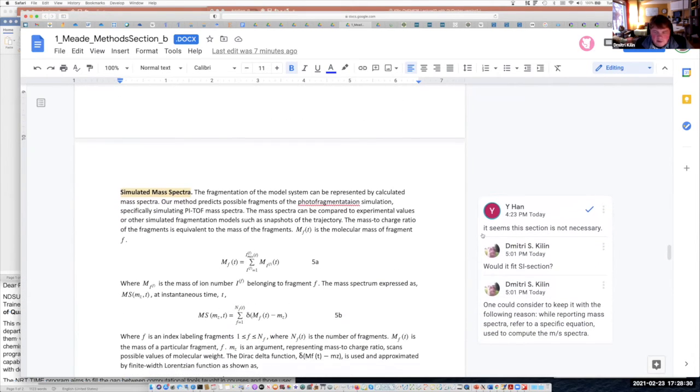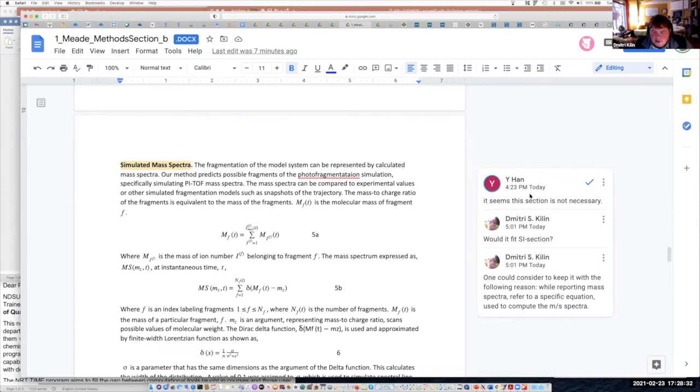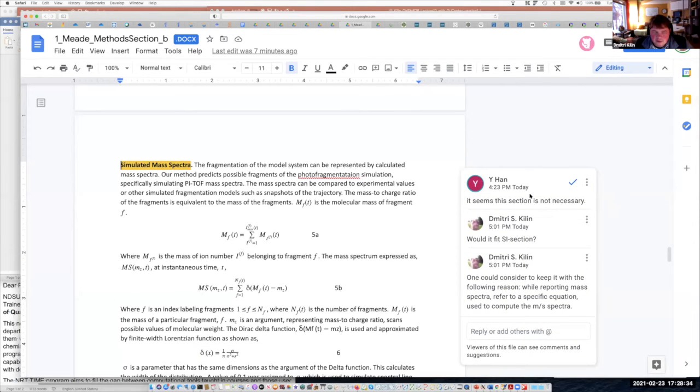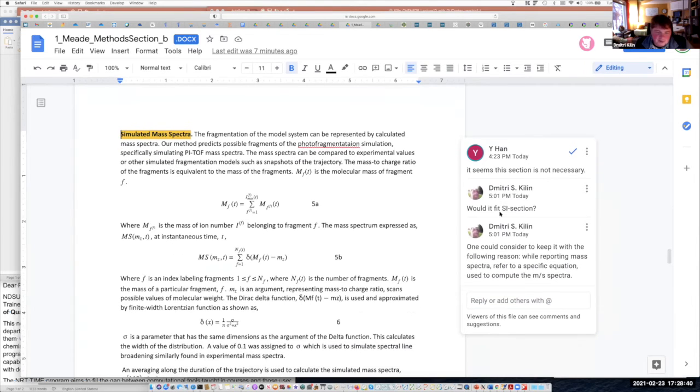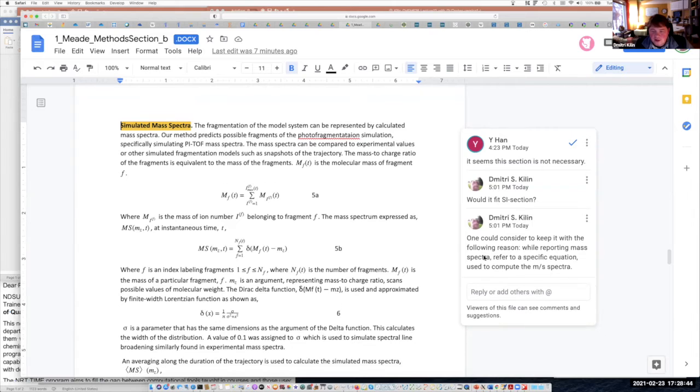So here Ewan gives a similar comment. He asks if it is necessary. I'm asking maybe it could be considered to move in SI section, or maybe just use it with a disclaimer. Here is the suggested plan. So for me,